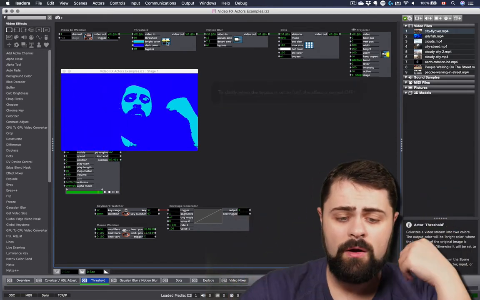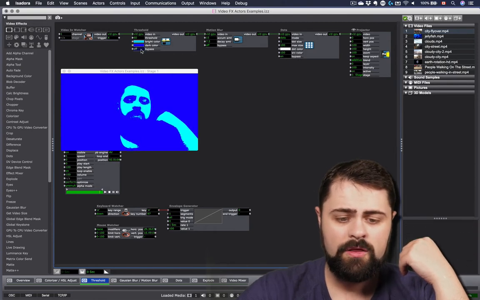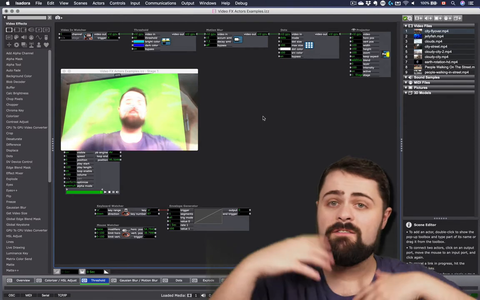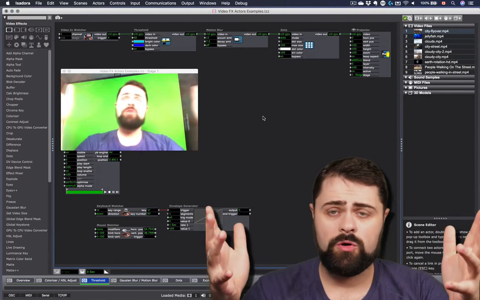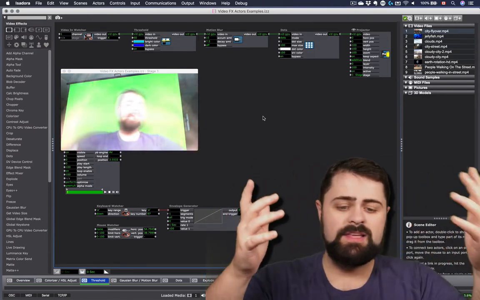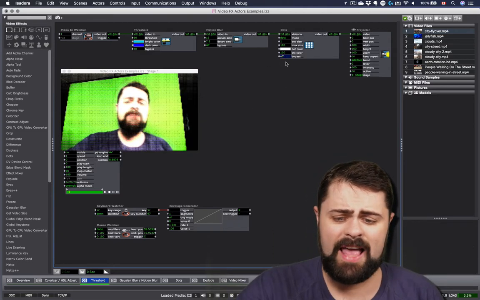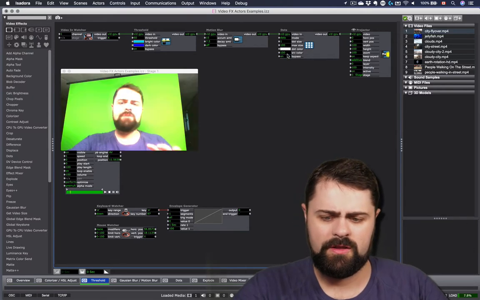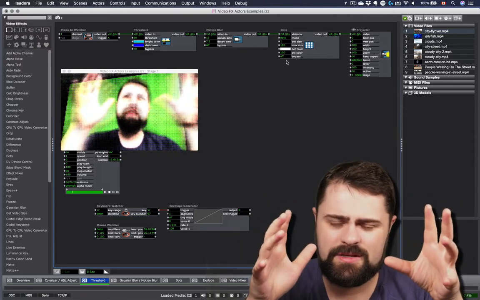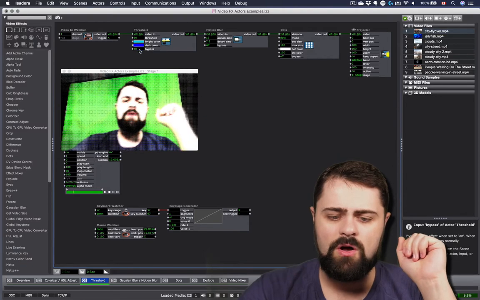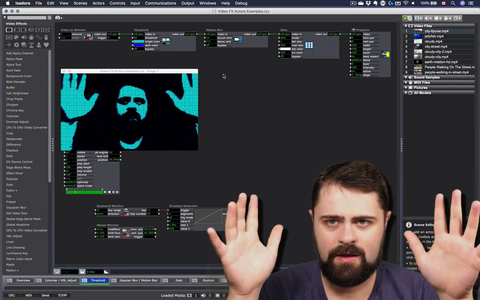We could go the other way around with this too, turning the motion blur back on and leaving the dots off, turning threshold off, and see how motion blur just affects my own movement in a very raw form before either threshold or dots are even applied. And see, that standard sort of blurry motion there that we would expect from a motion blur. And then if I just add dots on top of that by turning the bypass off, see, it's a little more of a pixelated sort of effect that we've got now. Whereas once all of them are on together, it totally changes the dynamic at play.